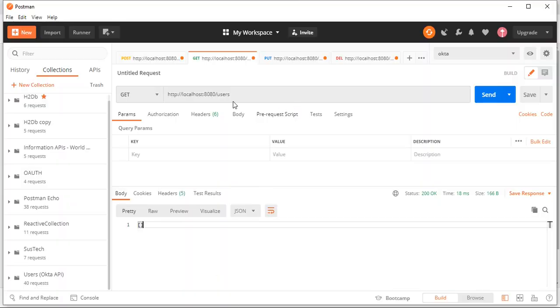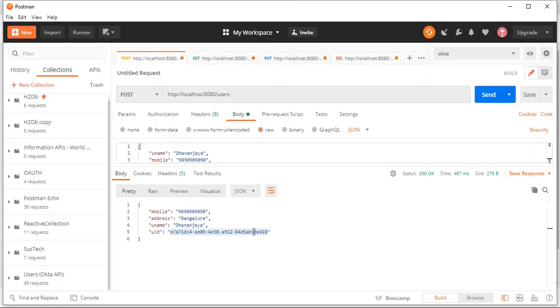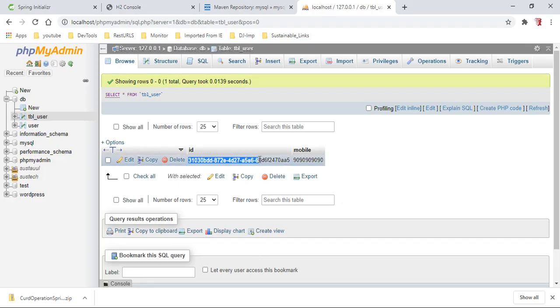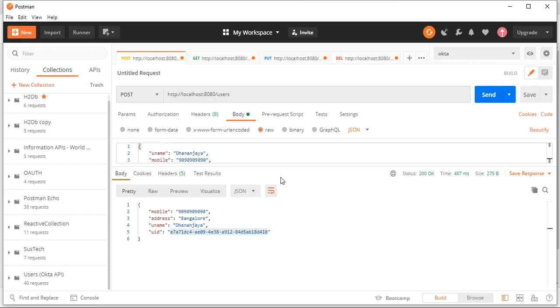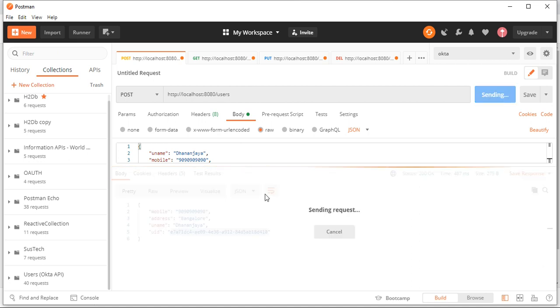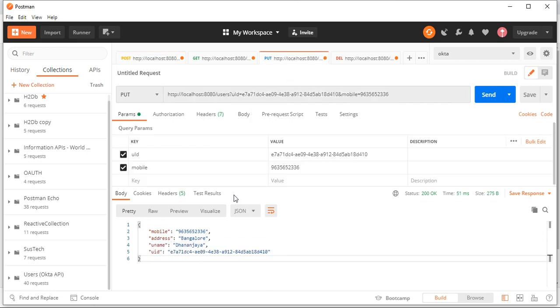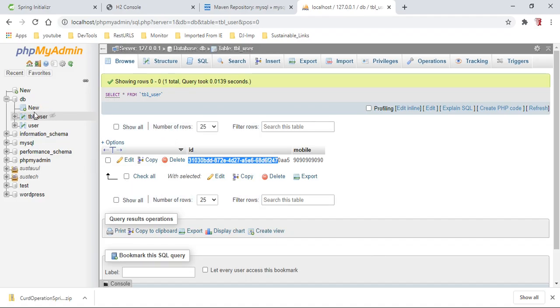Let me try to update the mobile number. Let's copy the ID. Let me create a user first, or else I'll copy this UID and change the mobile number. You see, the mobile number is 9090 something for this user.